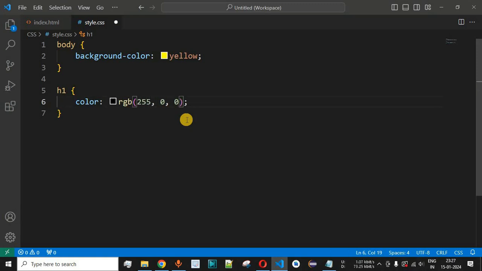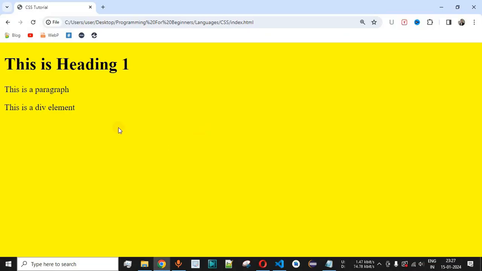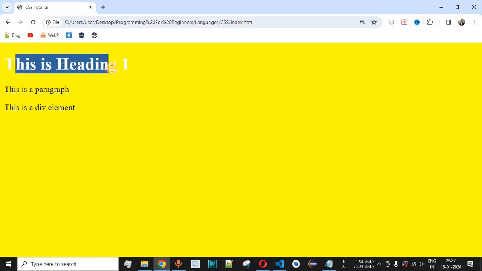And if we provide the entire portion, that is 255, to all the components, so let's say we provide 255 to red, green, and then let's say we provide 255 to blue as well, it will be converted to a white color now. So let me save this file and try reloading this page once again on the browser. So this is a white color which is not mixing well with the background color which we have already applied as the yellow color.